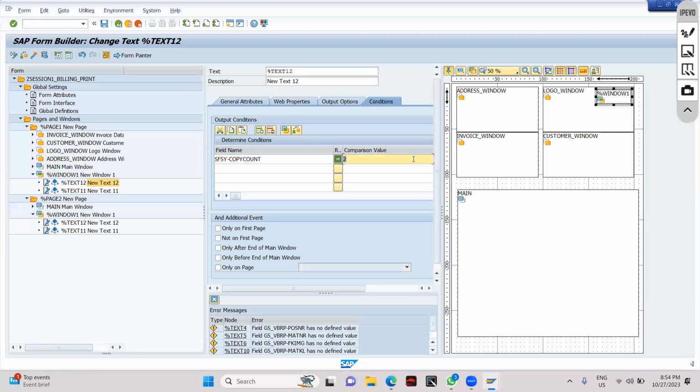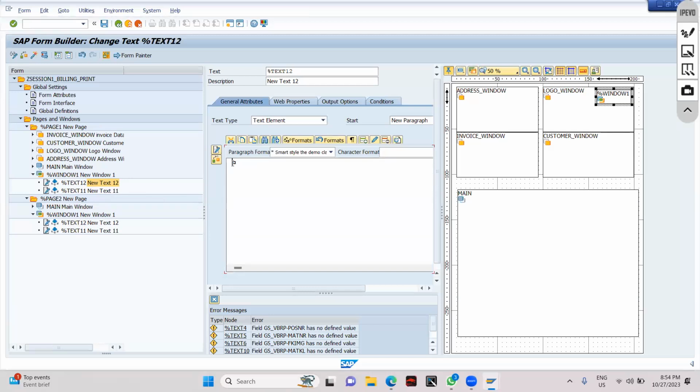So if it is 2, okay, see, that's the beauty of making a copy actually. We created it in one, but it has been created in both the windows, in page 1 and page 2. If you want to remove it, then you can remove it. That's not a problem, but you have to see what your use is. Go to the general window, okay, and here you can give the duplicate part,